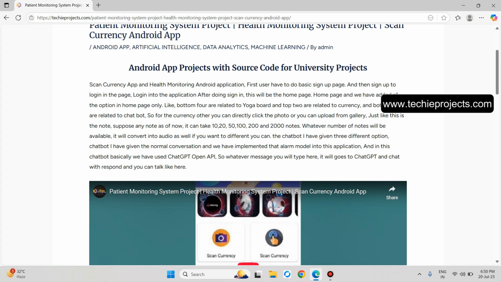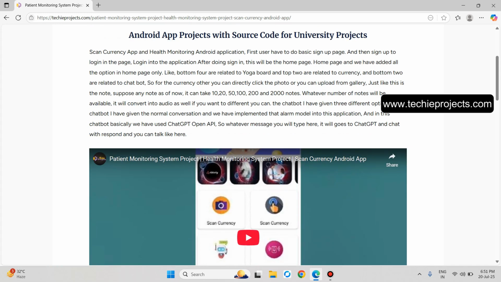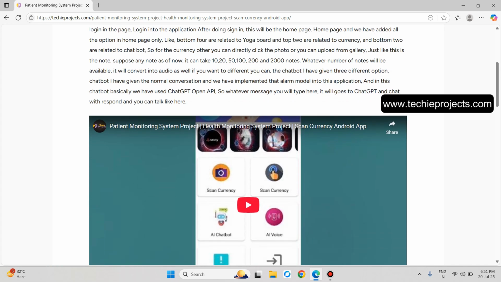For the chatbot, I have given 3 different options. I have given normal conversation, and we have implemented that model into this application. In this chatbot, basically we have used ChatGPT, OpenAI. So whatever message you type here goes to ChatGPT and it will respond, and you can talk like